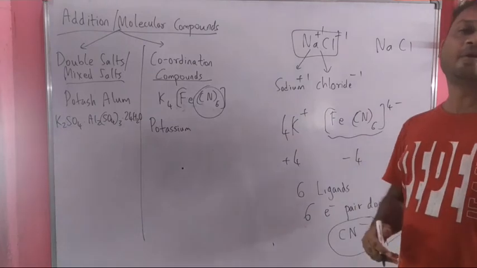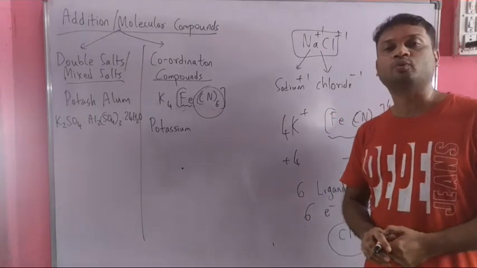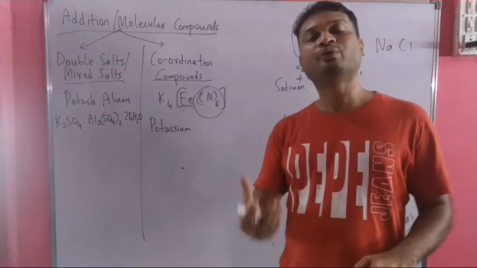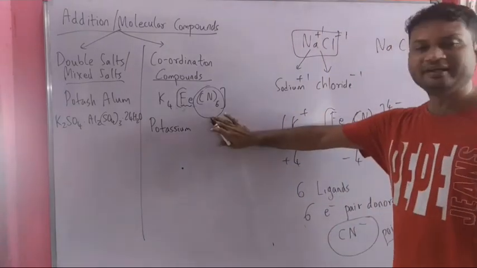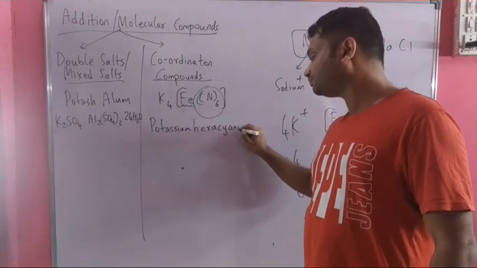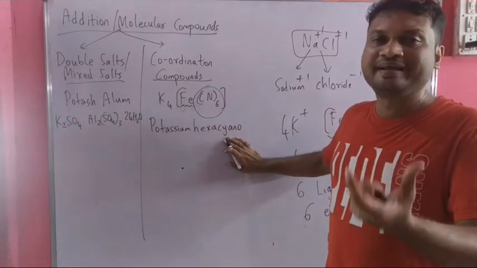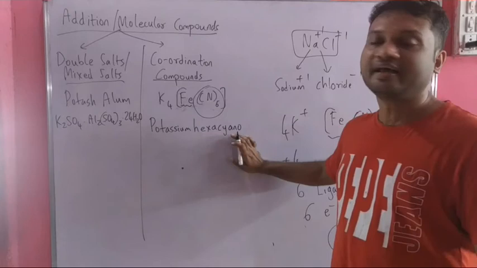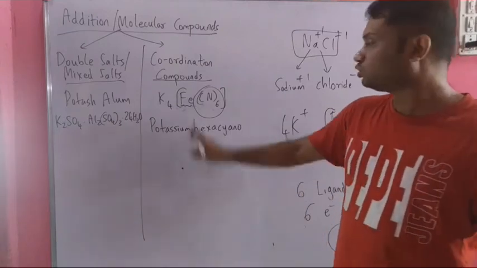Whom are they donating electron pairs to? They are donating electron pairs to the ferrous ion, Fe+2. We will see later on this has an oxidation state of +2. So the ferrous ion is the one taking the electron pairs from the ligands. So how many ligands do we have? 6. Hence we will name this as potassium hexacyano. Cyanide, we call it cyano in coordination compounds. Whenever we name a ligand, we generally have the letter O at the end. Potassium is the cation. Hexacyano, because there are 6 cyanide ions donating by coordinate bonds to the iron